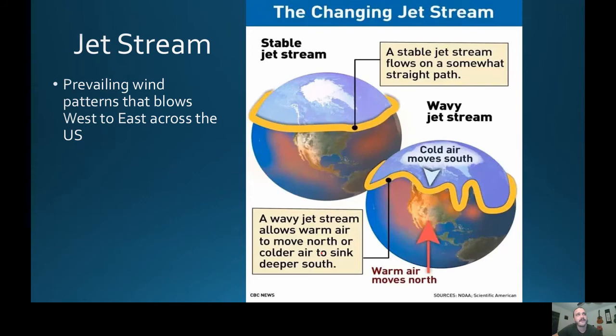So it is many miles up, 5, 10, even maybe more miles up in the atmosphere. But it basically is a really fast moving wind pattern that sweeps across the United States, sometimes higher, sometimes lower. But what we're finding is that, and this is now scientifically verified, statistically speaking,